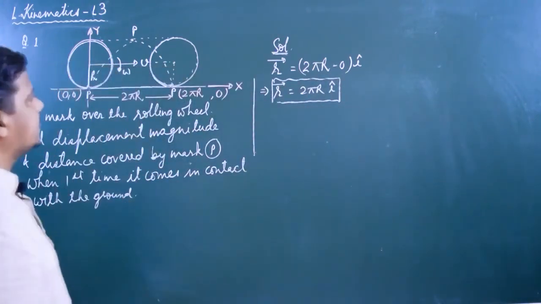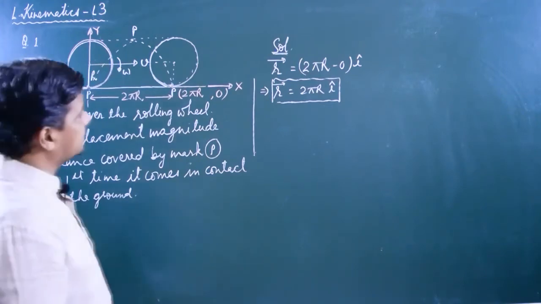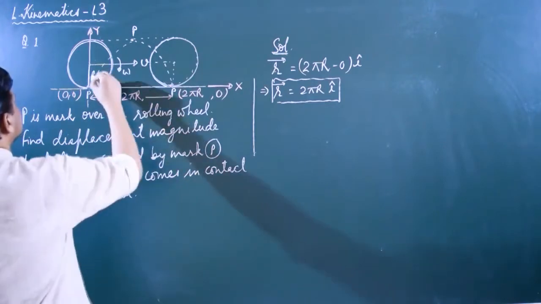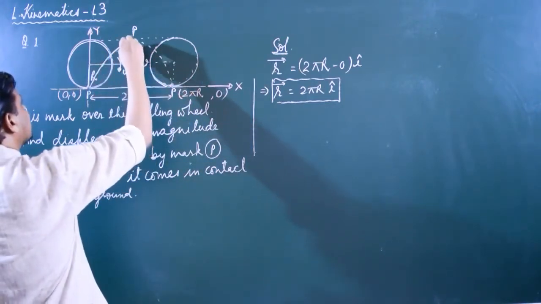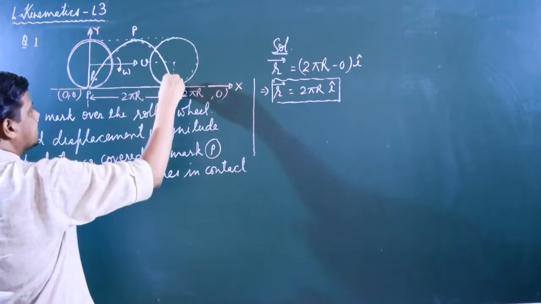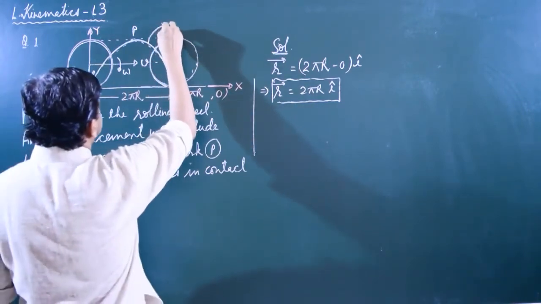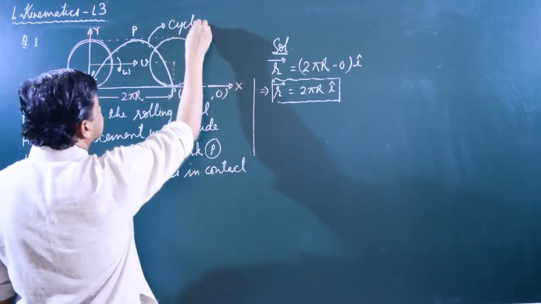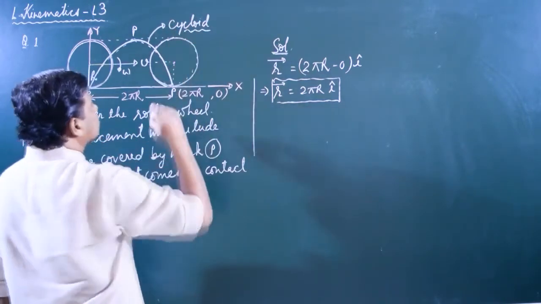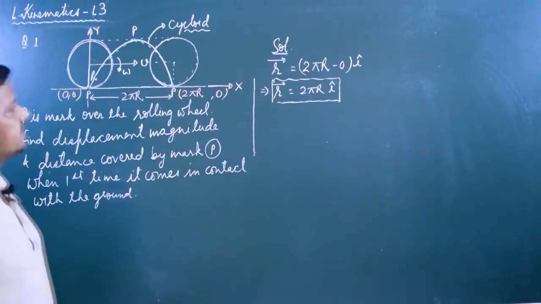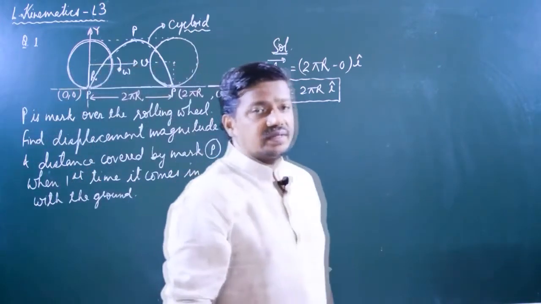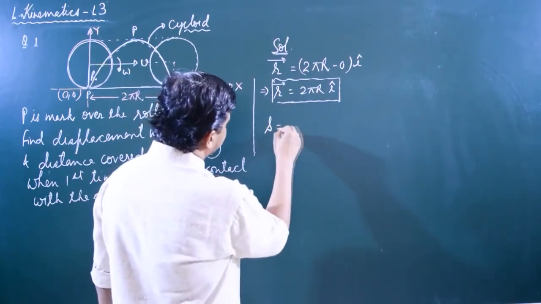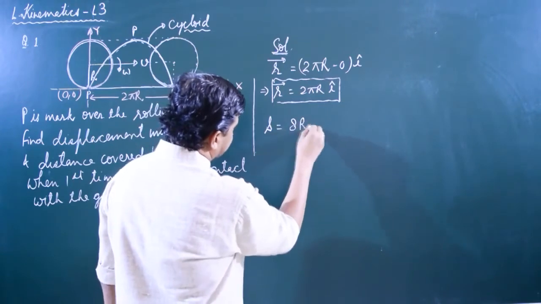And distance covered by the point P, we have to discuss it in the rotational mechanics. Actually, in case of pure rolling, the point P traces a cycloid path. This path is called cycloid. The derivation will be there in the rotational mechanics. This path is called the cycloid path, and the length of the cycloid is 8r. So distance covered, it will be derived further. Okay, so length of this cycloid, the distance covered is 8r.